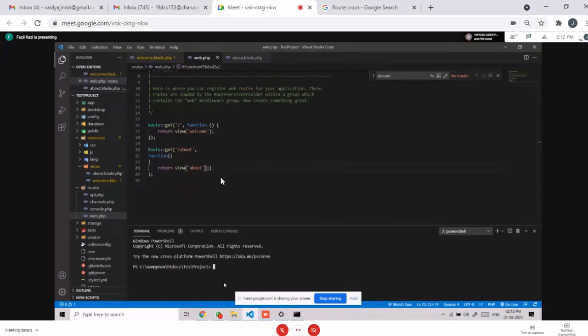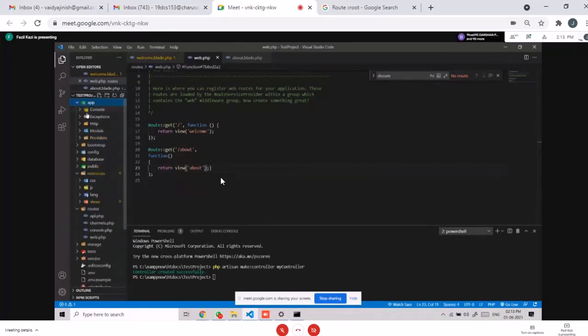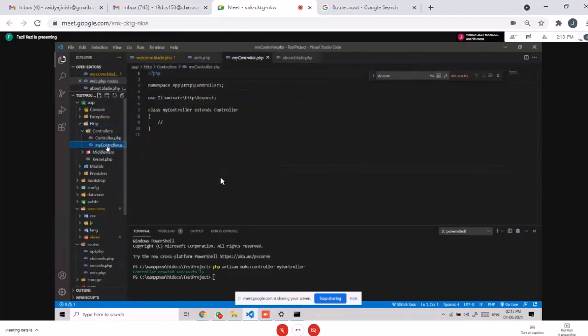So when we need to make a controller, we write the command artisan make controller, and let's give it the name MyController. Now whenever we run it, it will create a controller. So in app http controllers, it has created MyController.